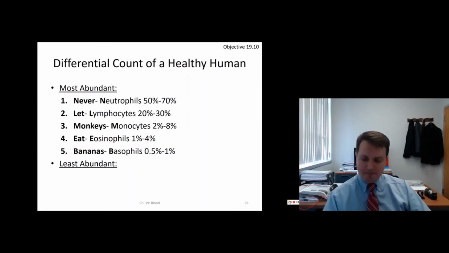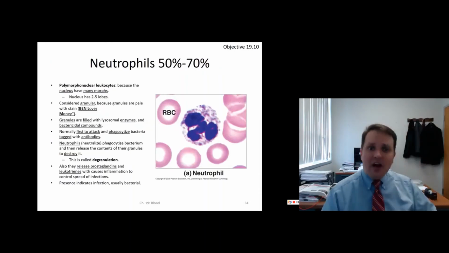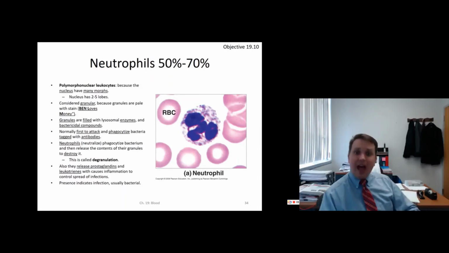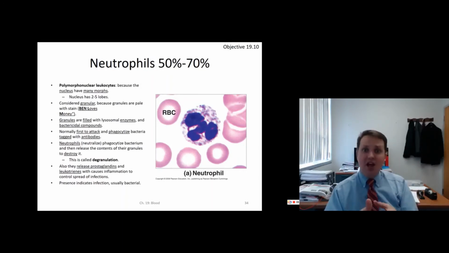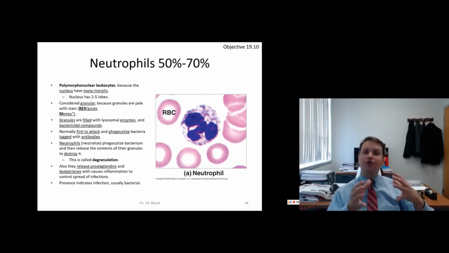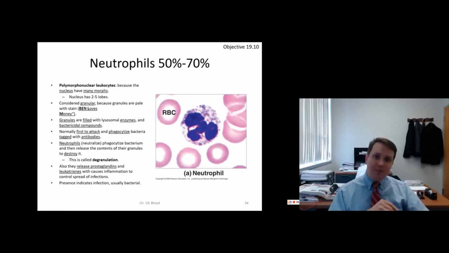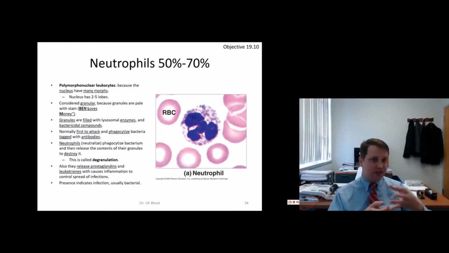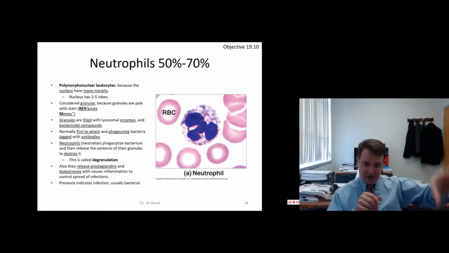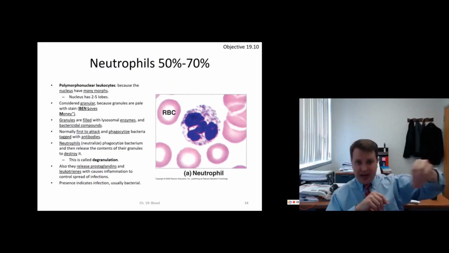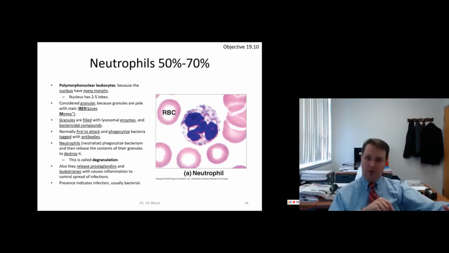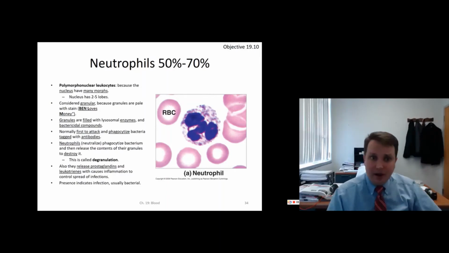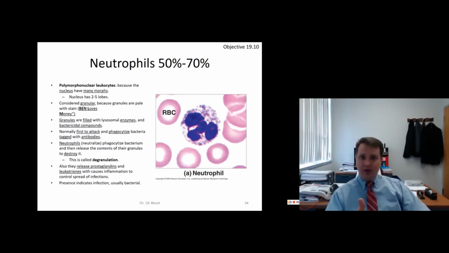Okay? Now, one of the other things I'm going to have on my exam is I'm going to give you a description of a white blood cell, and I'm going to ask you, which white blood cell fits this description? What does it mean? I might say, which of these white blood cells indicate a person is infected with worms? Something like that, okay? So the neutrophil, which is the most abundant, never let monkeys eat bananas, most abundant,